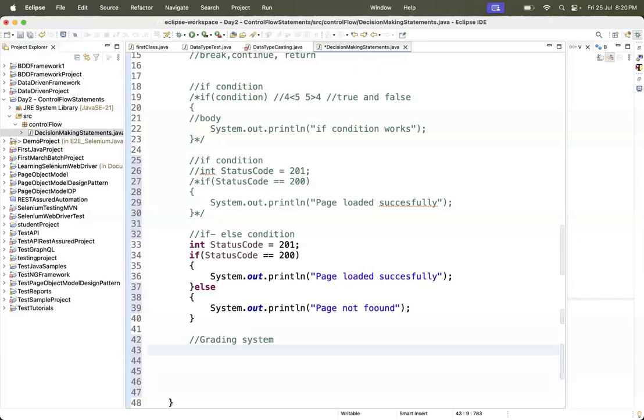So what will happen? Let's say I'm giving some conditions. If percentage is greater than or equal to 90, then print first grade. Okay. If percentage is greater than or equal to 75 and percentage is less than